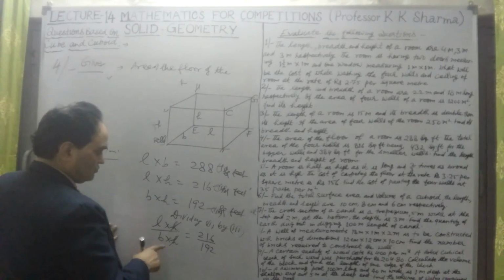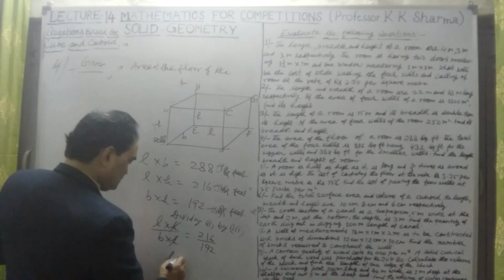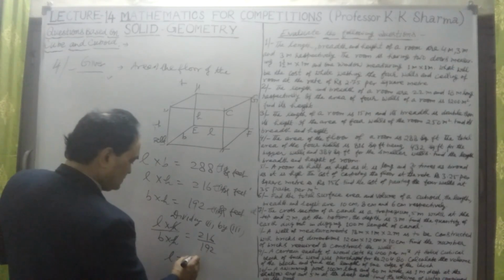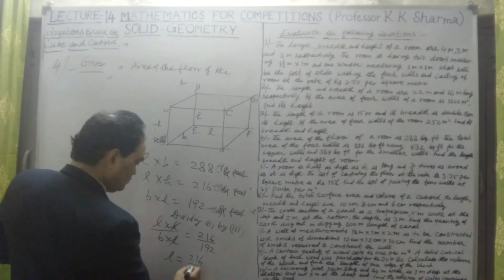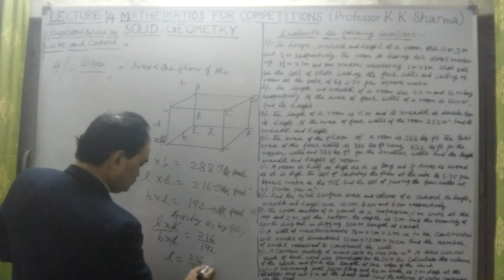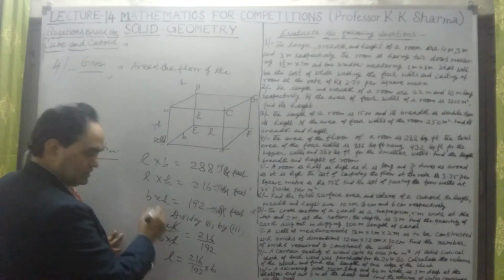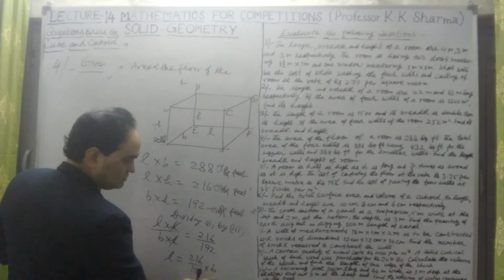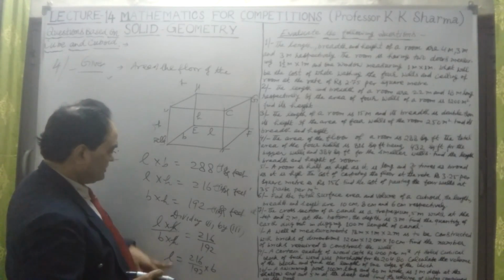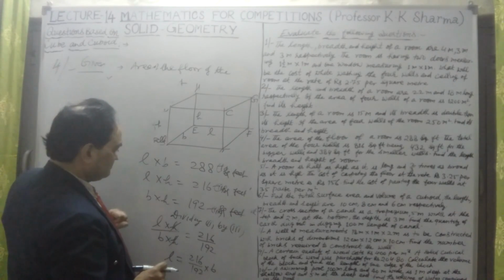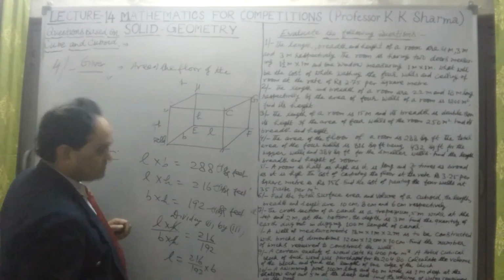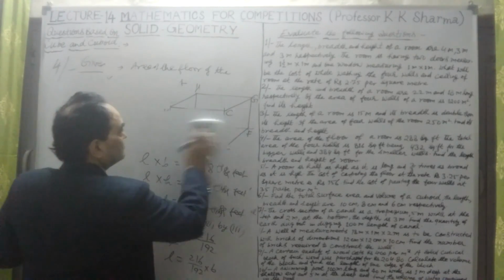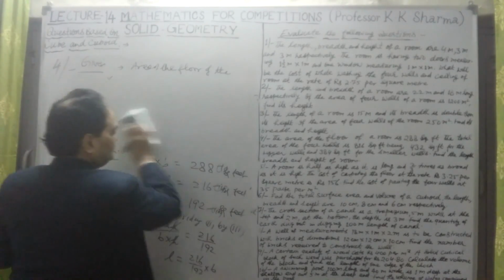Okay, L upon B is equal to 216 upon 192, so L is equal to 216 upon 192 into B. If I substitute this value of L in the first equation, putting here in the first equation the value of L,